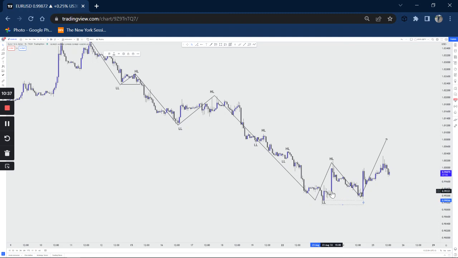So now we create some sort of demand area, and we did break above these areas here. Beautiful. Before looking at this, I'll probably look at these areas as my higher lows. And then what do I experience? I make lower lows here. Let me remove this. I make lower lows here, and then price now starts to break above these higher lows here. So we might see a potential change of what